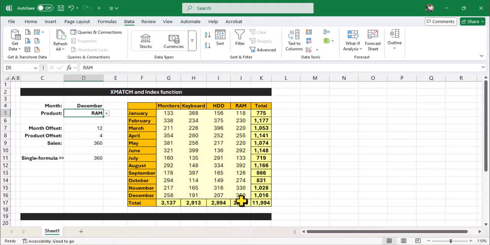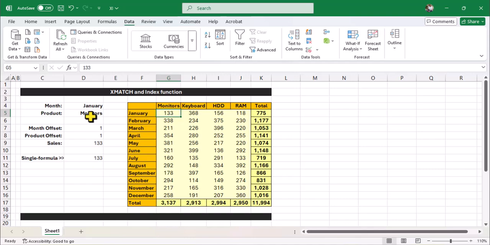So December and RAM, the sales is 360, which is displayed over here. Let's try a different month and a different product. So I select January and in the product name, I select monitors. So January monitors, the sales is 133.